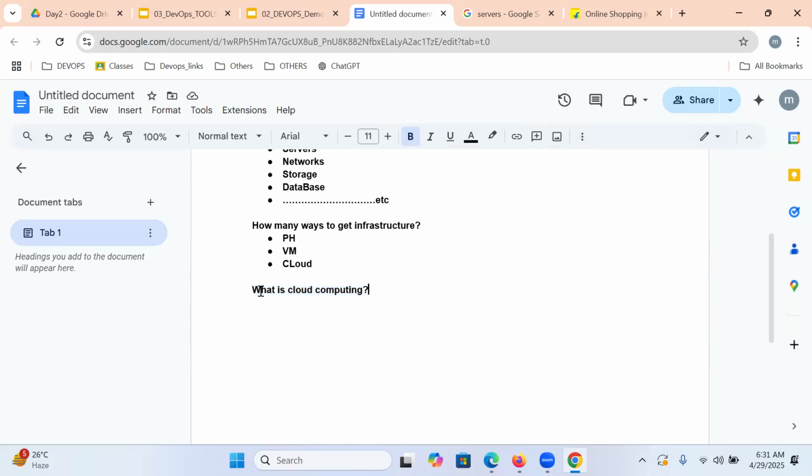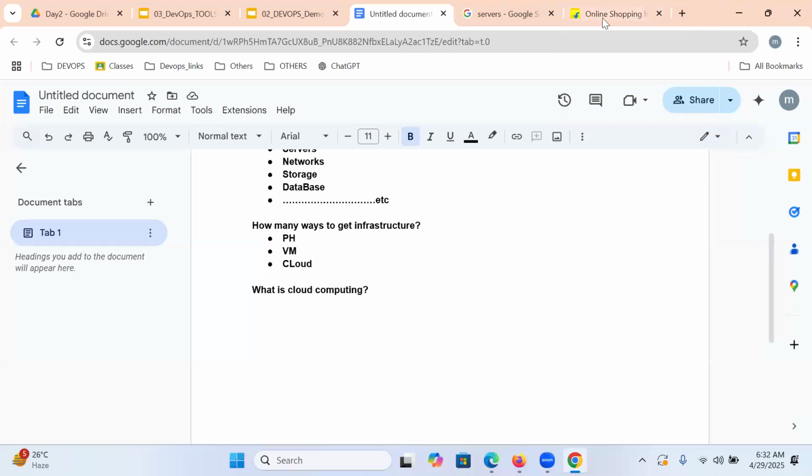Listen very carefully. If you can access remotely placed resources over the internet from a laptop, that is nothing but cloud computing. What is cloud computing? Please tell me. If we can access remotely placed resources over the internet from a laptop, it is nothing but cloud computing. Remote access, yes, true.